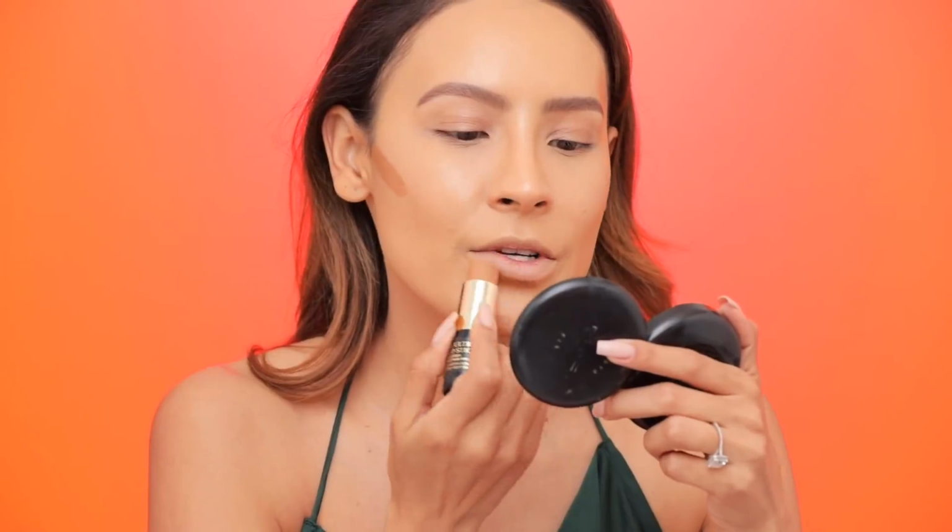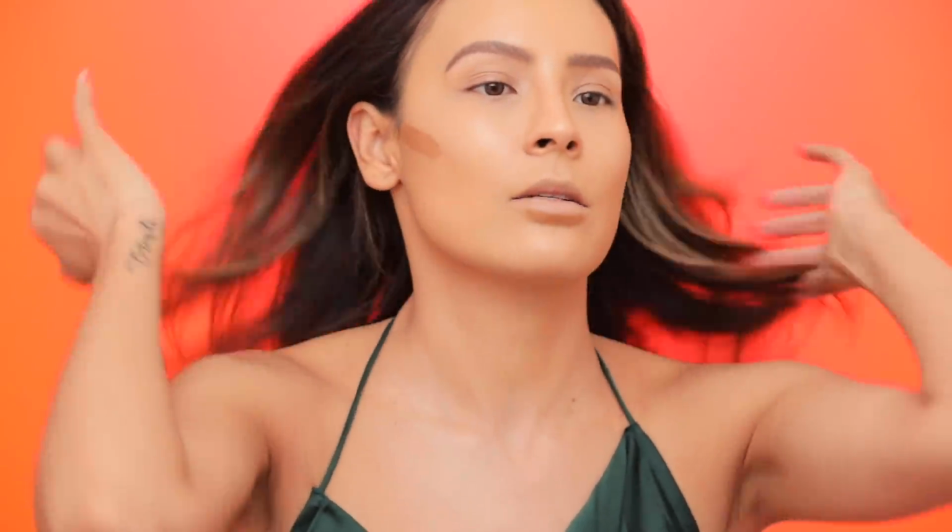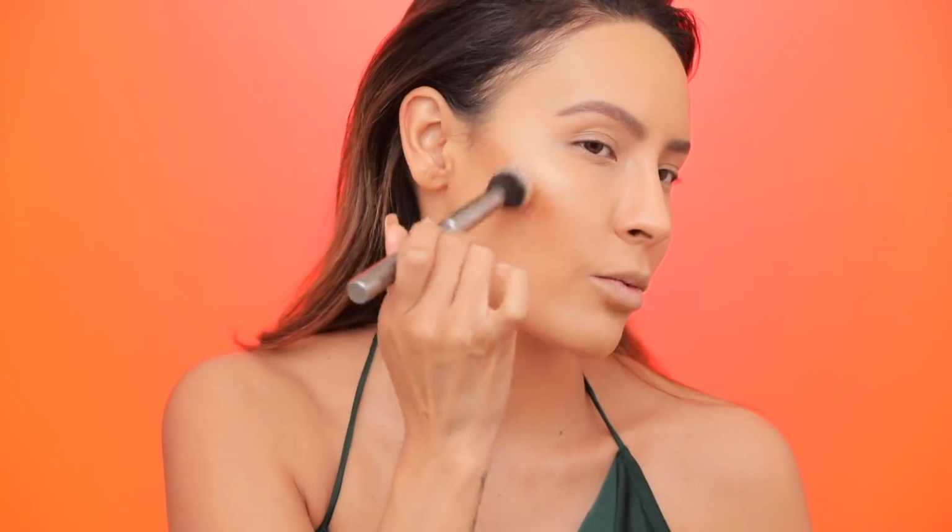Put some under the lip here to accentuate. Creams can be a little bit harder to work with sometimes when it comes to bronzing and contouring, but this one is really nice, easy to blend. To blend it out, I'm gonna be using a Morphe G40 brush. You wanna push the product up,